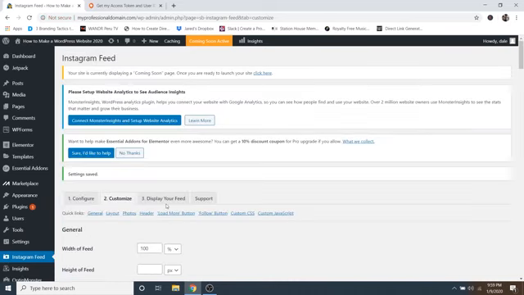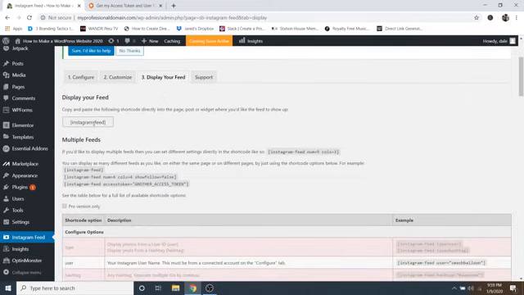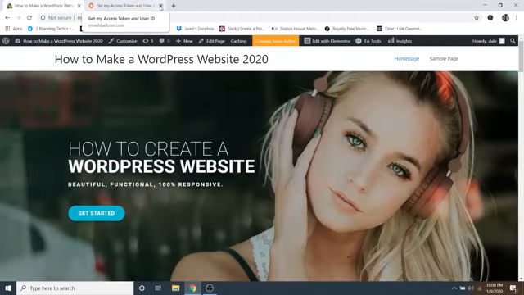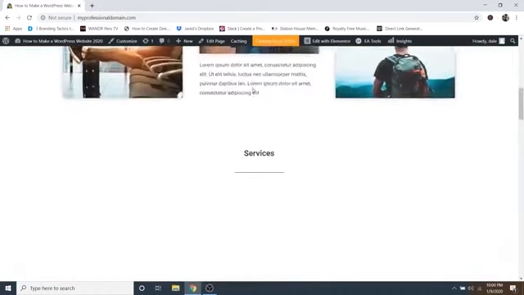Okay, and then lastly, if you just go on over to display your feed, this is where you can get that little short code right here, which is Instagram feed, but it's already hooked up automatically in the widget on our homepage, so I don't really have to worry about that. So I'm just going to go back over to my name and click on Visit Site. And I'm going to close out of this little access token right here. And then if we scroll down,